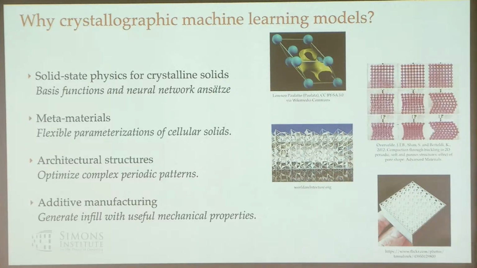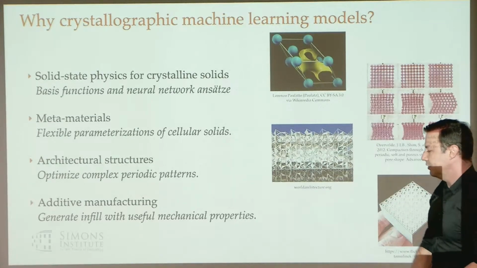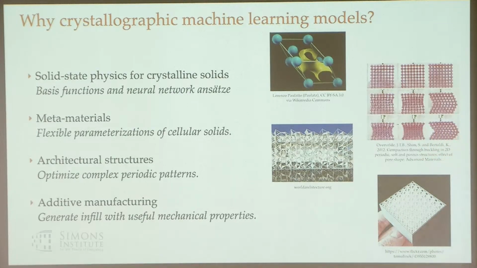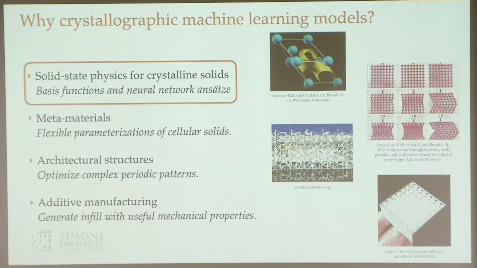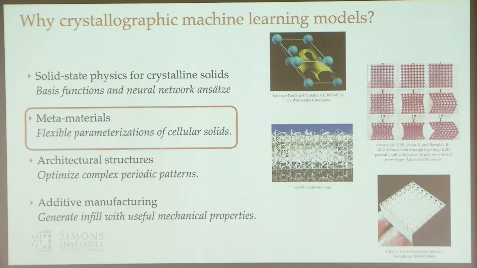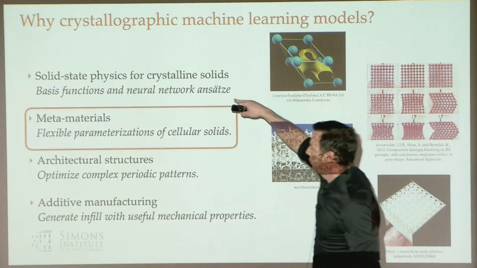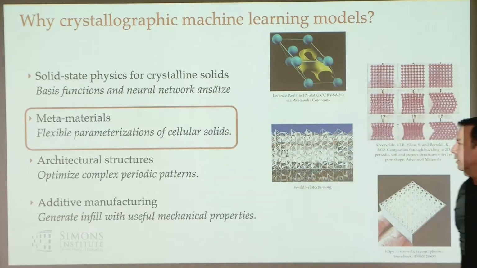like architectural structures, and then also things like additive manufacturing, where it's nice to think about infills and different kinds of patterns and isotropy and other kinds of mechanical properties that you might want to have when you're doing this. And so these groups come up in a lot of different places, and it'd be nice to be able to represent them in our models. So I'm very motivated by this. But I'm actually going to wind up mostly talking about this at the end, mostly because the results are still pretty preliminary for the quantum stuff, whereas I have pretty pictures for the metamaterials.